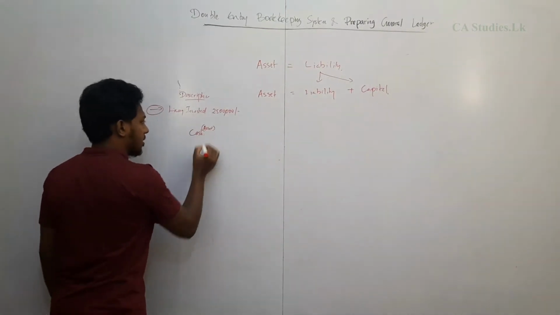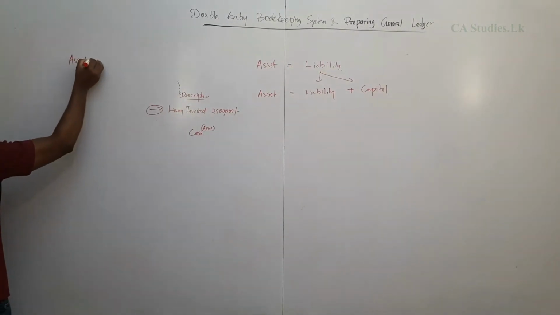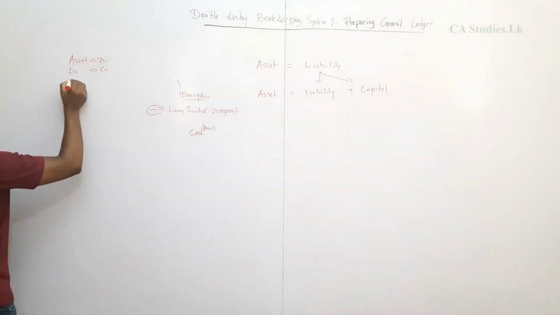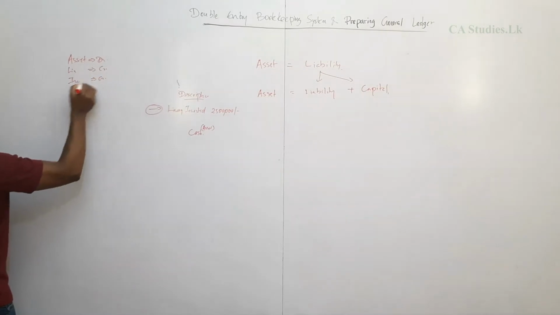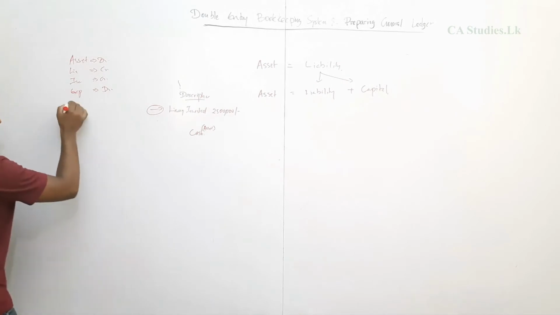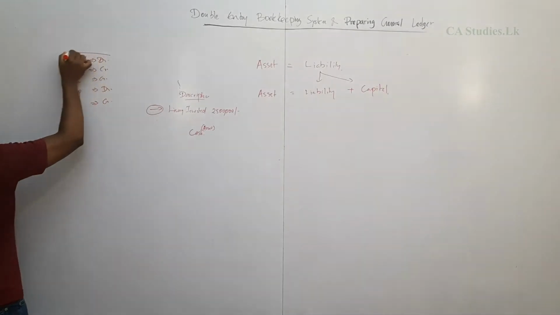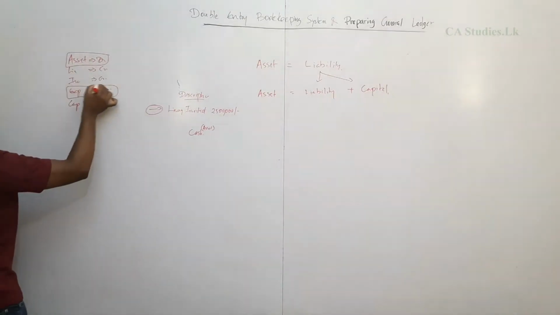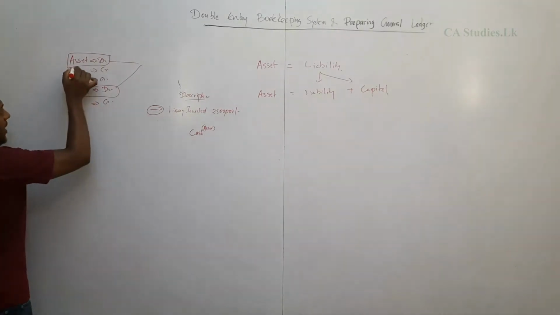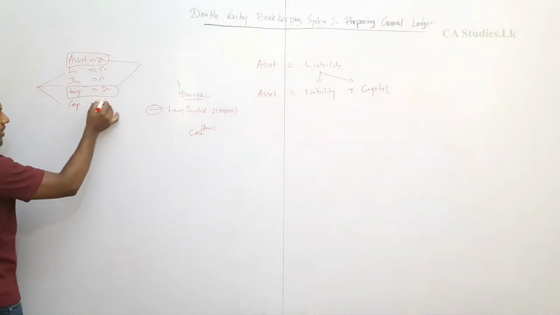It's an asset. So asset increases means, as I already told you, asset owns debit side, liability owns credit side, income owns credit side, expense owns debit side. Then capital owns credit side. This should be kept in mind. Always keep in mind that asset and expense increases mean debit side increases, right? Now liability, income and capital are credit side increases.